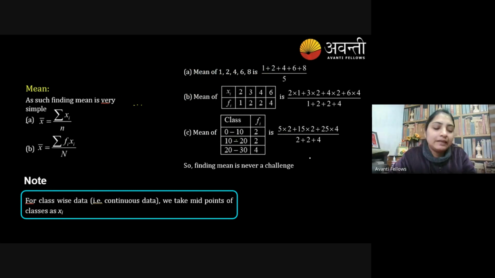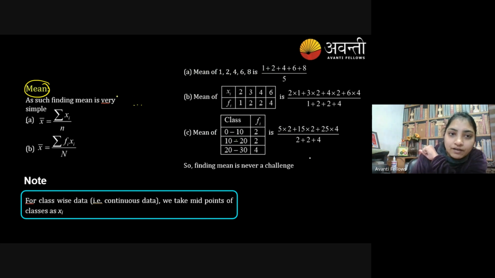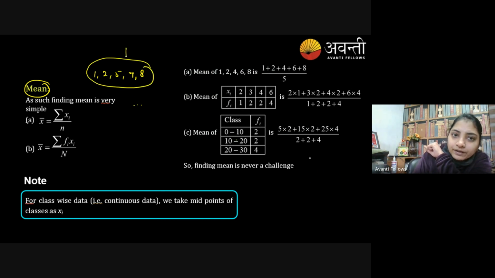That's great. You can start writing in your notebook. Firstly, we will talk about the mean. Remember, when you're talking about the mean and you have raw data in just numbers, like the inputs 1, 2, 5, 7, 8, let's say these 5 values, and you need to find the mean of this. What should be the formula? You will say, add all these values and divide by the total number of values.